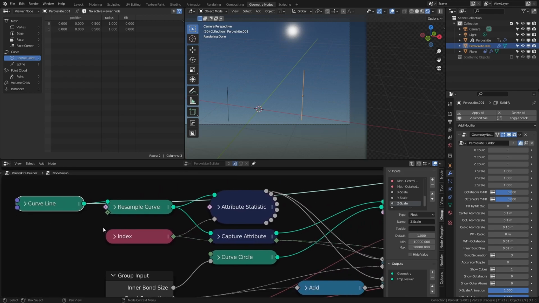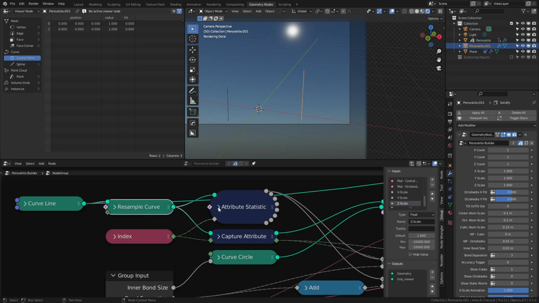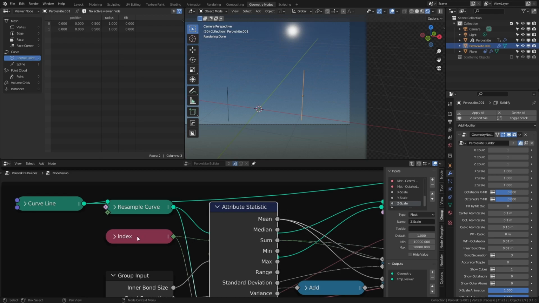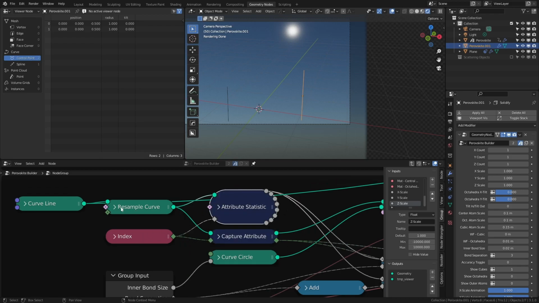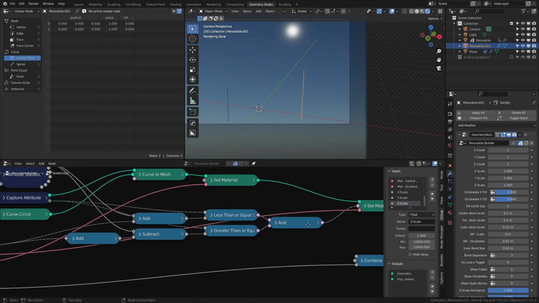I resample this curve, and what that means is that instead of having just 1 point at the beginning and 1 point at the end, I now have 21. The reason I wanted an odd number is so that when I take the attribute statistic, namely the mean of the index, so I've now created, instead of 2 points, 21 points. I take the index of each point, so 0, 1, 2, 3, 4, 5, all the way up to 21. I take the exact halfway point of this, which is what this statistic does, and now I can use a series of math nodes by capturing this attribute at this specific location,